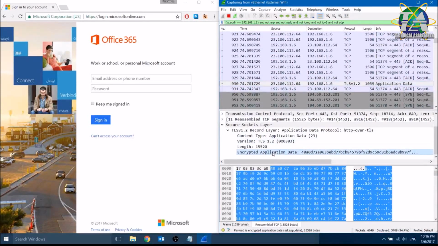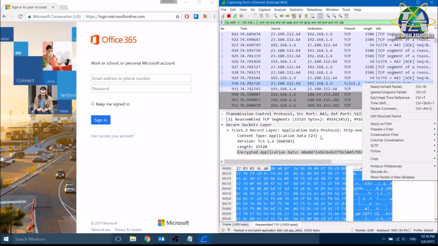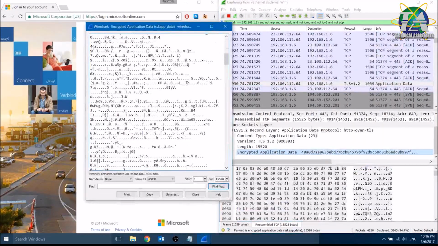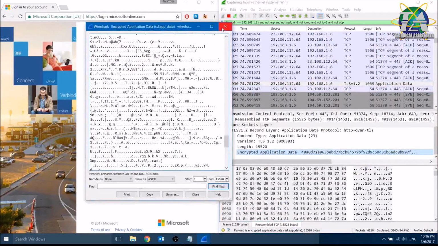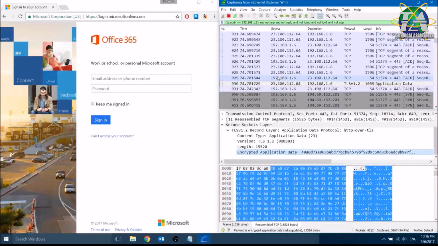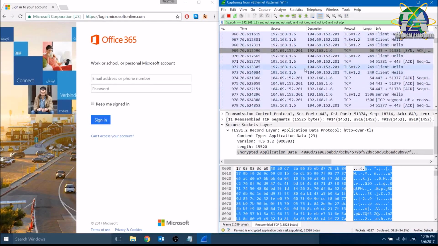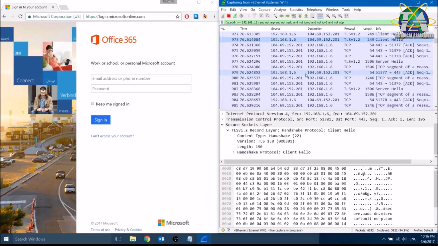So this right now is actually encrypted using the handshake of my client and the Microsoft Online servers. So even if I try to open this, everything is completely encrypted and I probably can't see this. So this is by design what HTTPS should be like. It encrypts your data. But the thing with HTTPS is people who are doing network analysis, traffic analysis, can still see who you're talking to, which in this case is the IP 23.100.111.112.64. So even though people can't see what you're talking about, they can still see who you're talking to, and